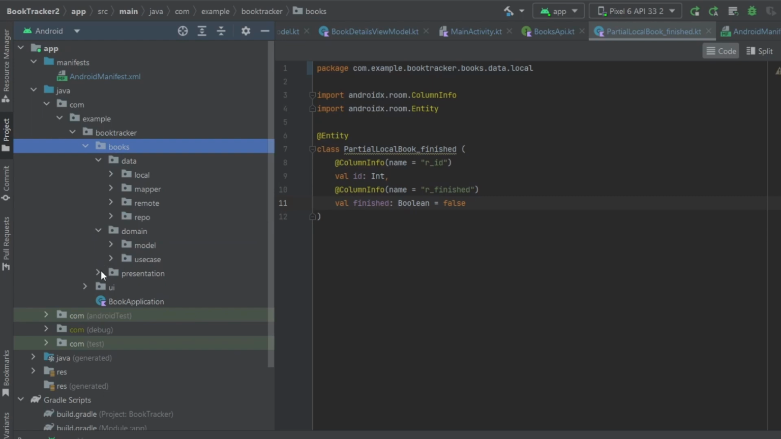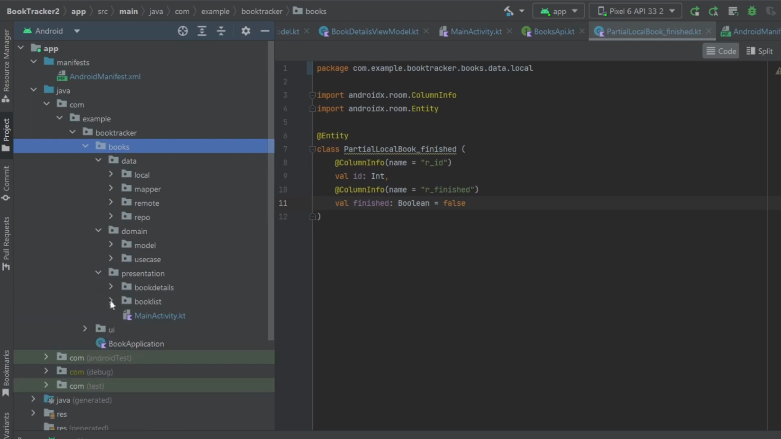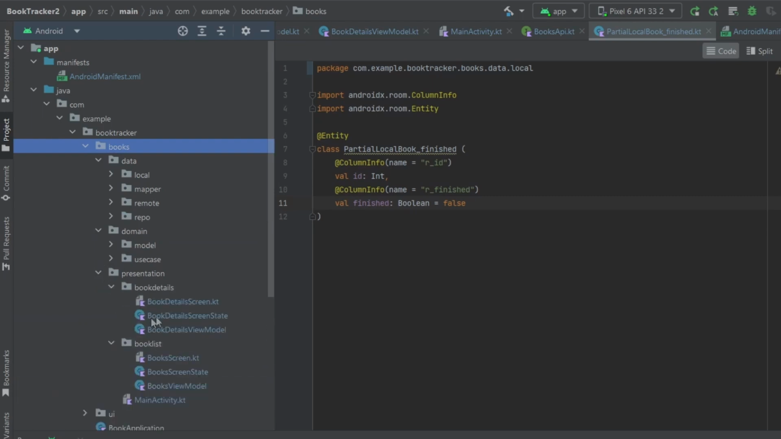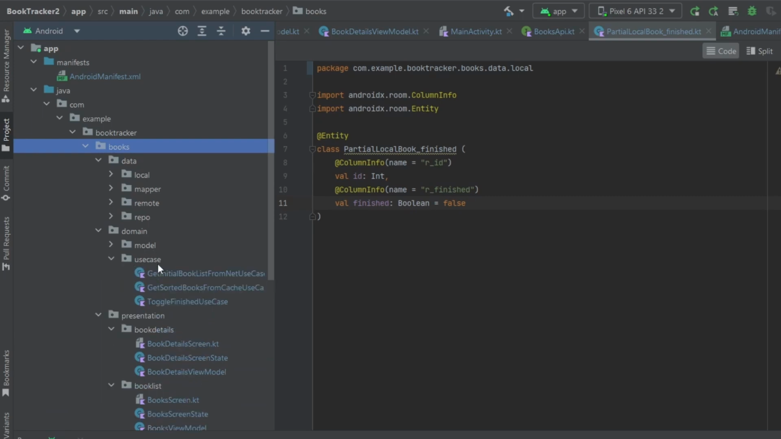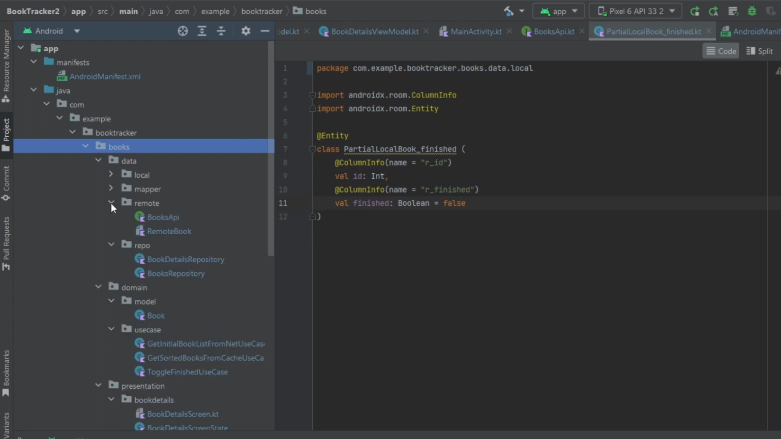And then you've got your domain, and you've got your presentation. In the presentation, we've got one package for each screen that we have. In our domain, we've got a package for our use cases, and then for our models. In this case, we only have one. And then up in our data layer, we have our repository package, we have our remote package for remote data